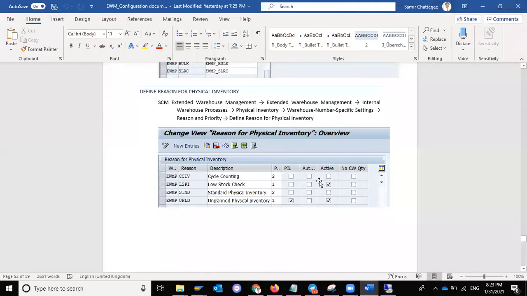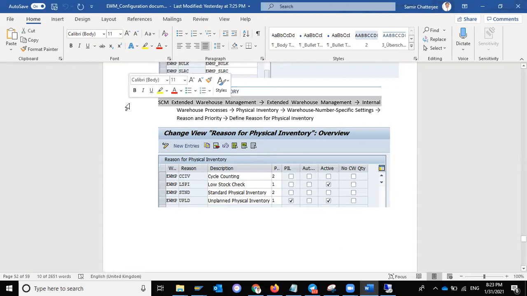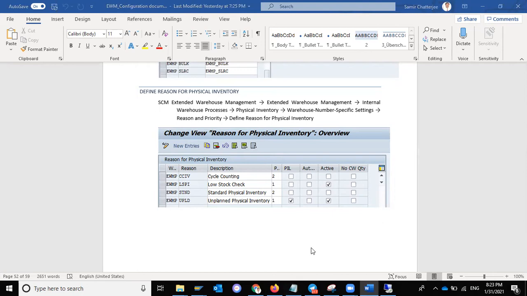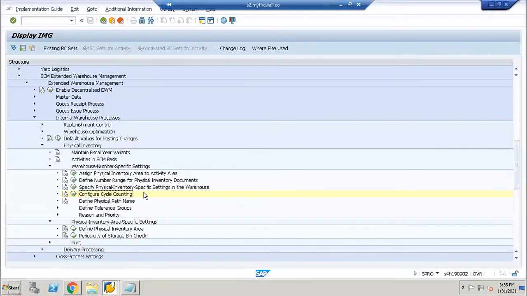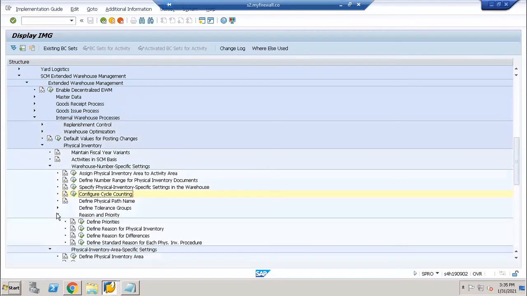So let us see. We have the ROS number specific setting, reason and priority, right?